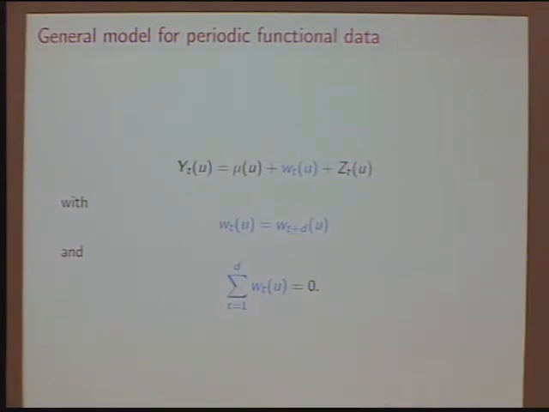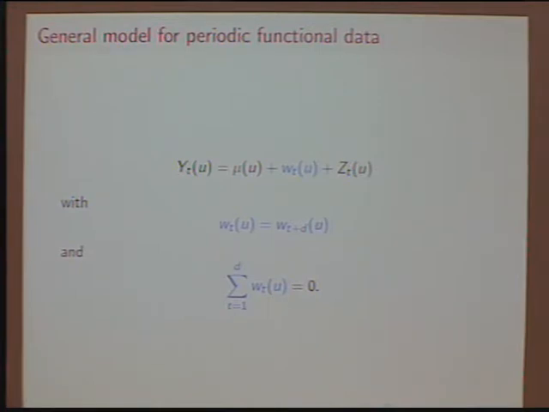So I'm assuming that this is a mean curve, mu, and a noise process, Z_t. Z_t is functional white noise, or some kind of stationary functional process. We will consider two situations later on. The more interesting case is, of course, if this is a stationary dependent process. That's the model, but if you would like to consider something periodic, there is also this curve, or direction, W_t, which is T-periodic in the discrete